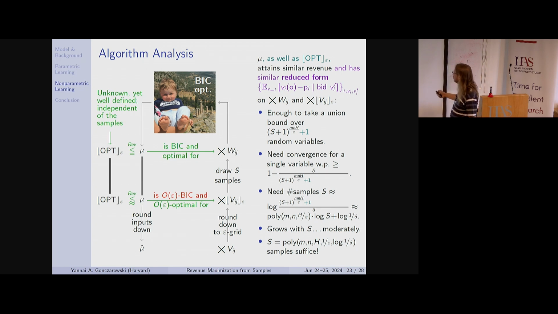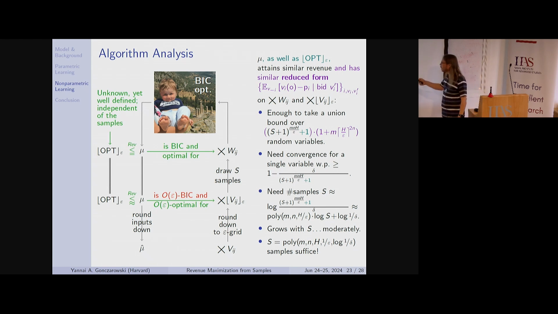I would like to remind you that BIC is determined by inequality between these. So if I show you that each of these has similar expectation here and here, then if here there is an inequality between two of these, here the inequality will hold up to an epsilon, which is precisely the meaning of epsilon BIC. So I would like to prove to you that each of these expectations is similar here and here. So these are just more things to add to my union bound.